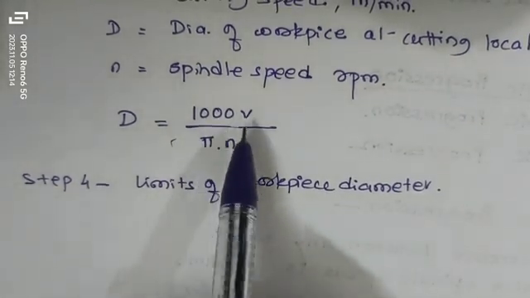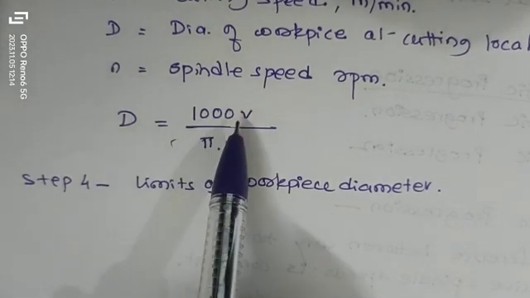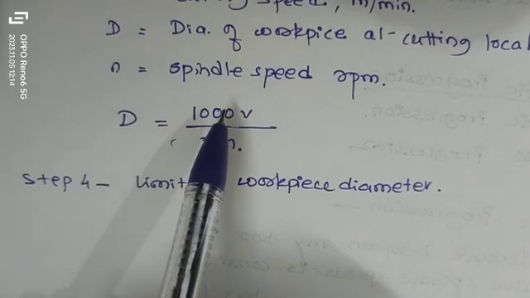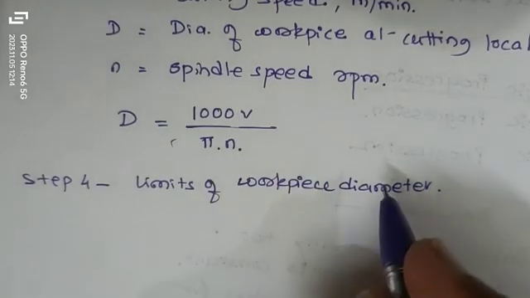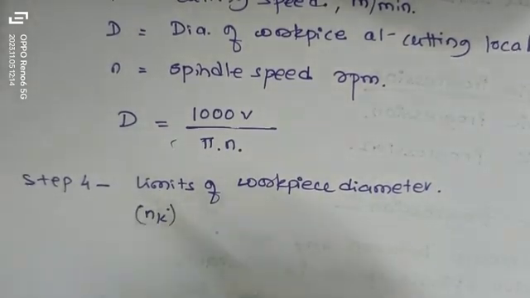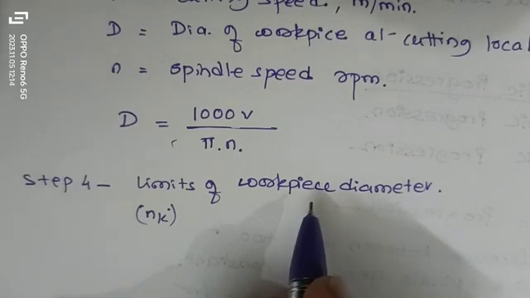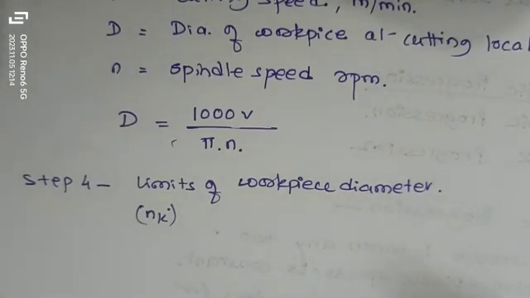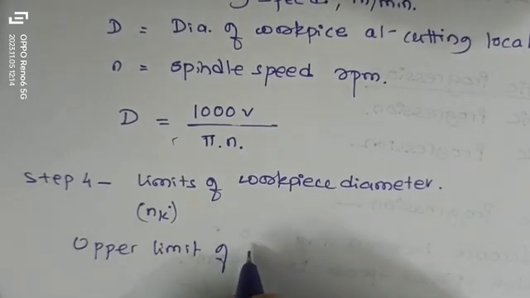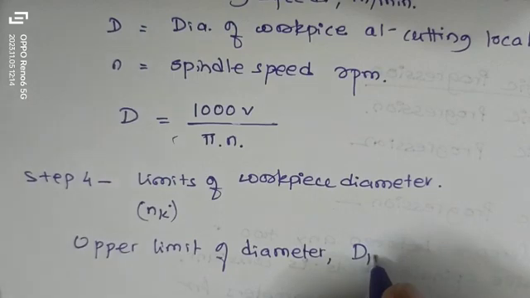where you could say for maximum cutting speed V under the selected machining conditions, the diameter range of the workpiece that can be machined at a particular spindle speed, right? Particular spindle speed means up to nk. We note it, nk, particular spindle speed. And if you're talking about limit of workpiece, there will be an upper and lower limit of the diameter. So we could say upper limit of diameter, that is dk,